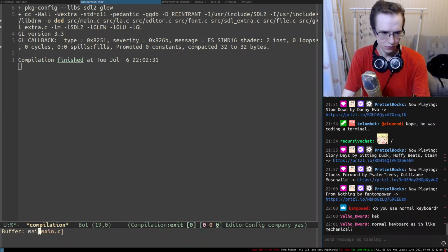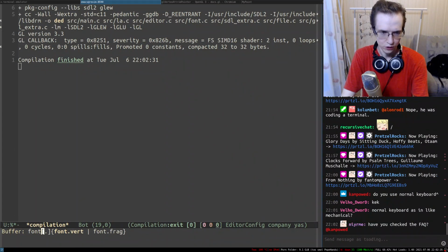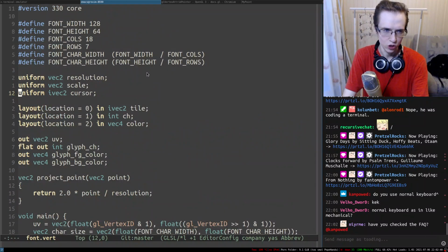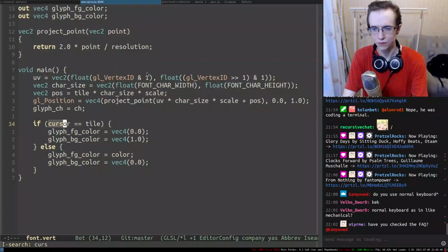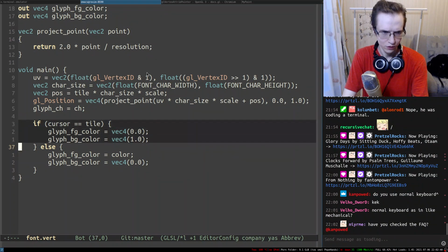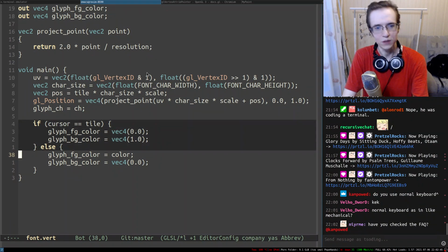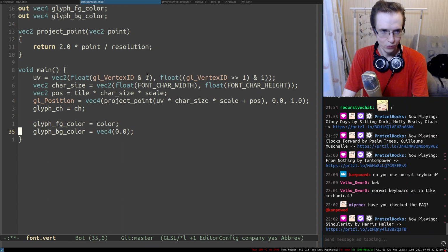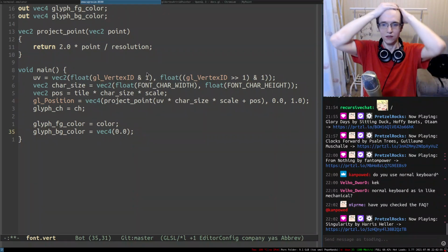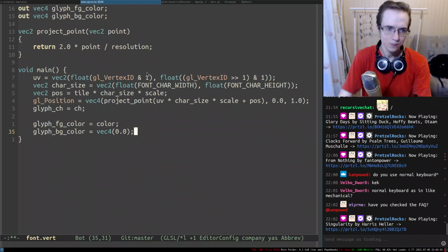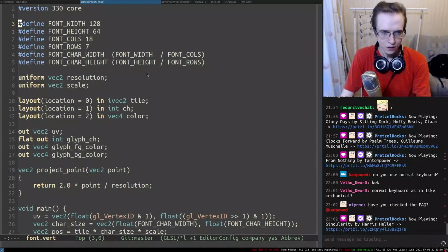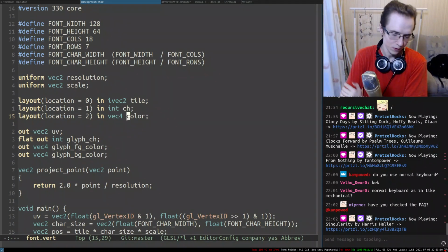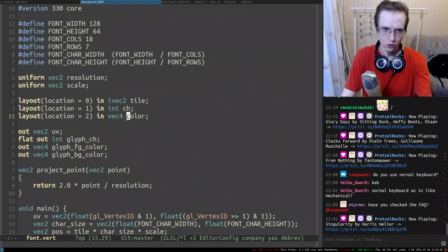I think that's fine. And because of that, in the main shader, we don't need the cursor thingy, I suppose. We don't need the cursor thingy because all of that is going to be completely customizable. So the same thing, the background. We need to be able to customize the background and foreground. Right now we only have foreground. This is FG color, but we need to introduce another attribute in here.